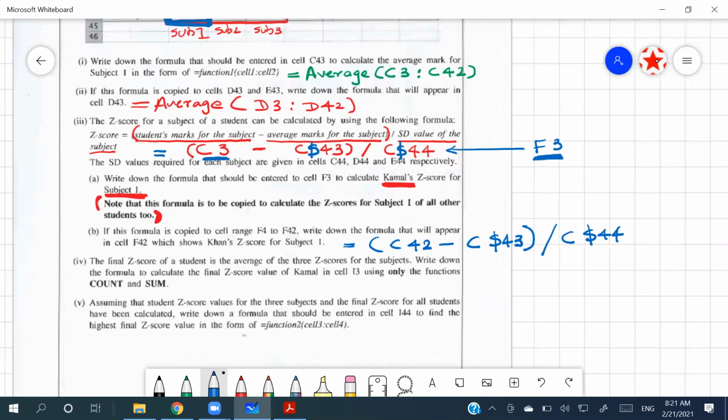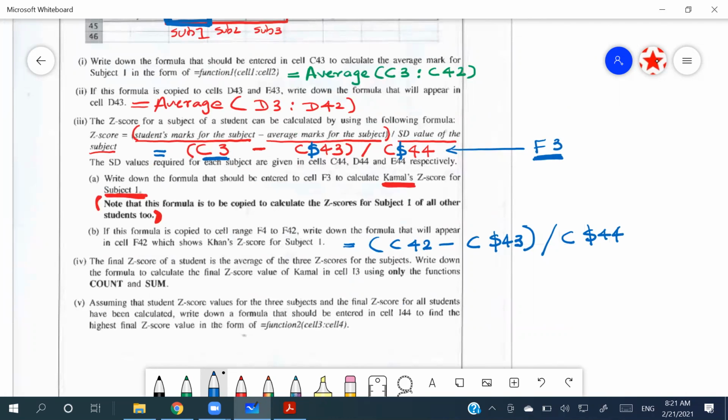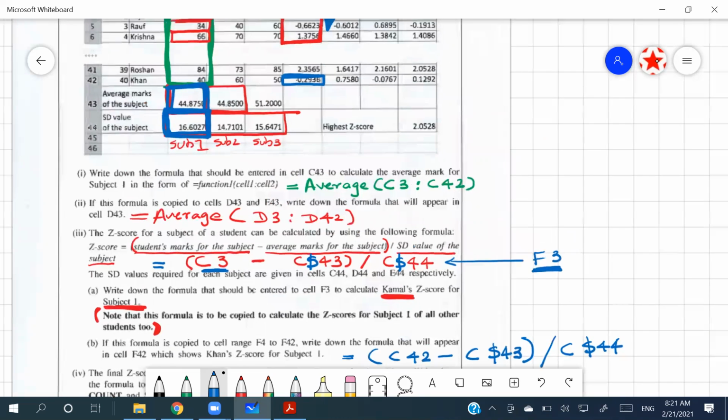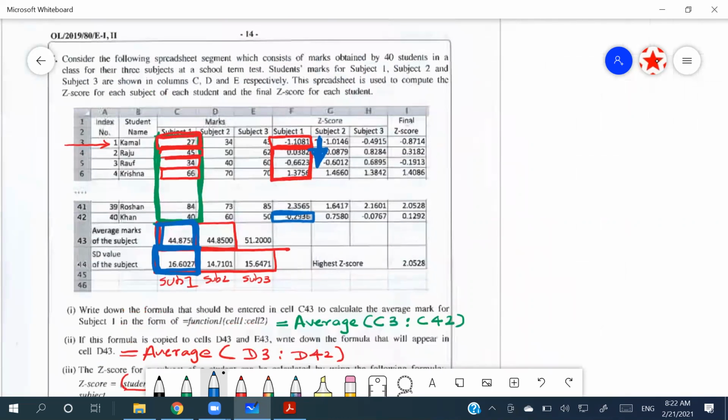Right? So in the fourth part, they are asking: the final Z score of a student is the average of 3 Z scores for the subjects. Write down the formula to calculate the final Z score value of Kamal in cell I3. Right? So now cell I3 is right over here. To calculate that, we need to use these 3 cells, which is F3, G3, and H3,